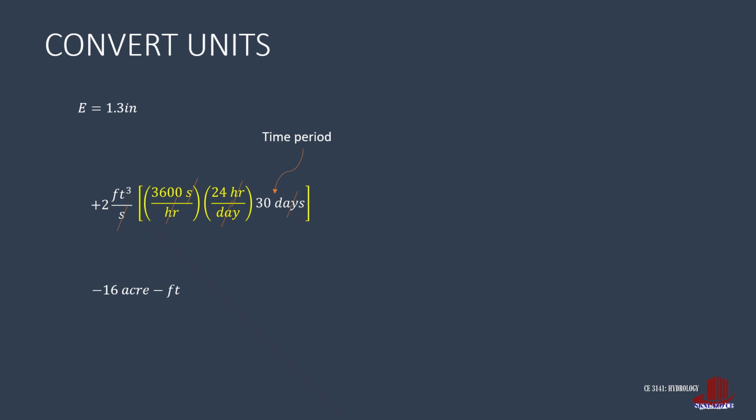Next is to deal with the cubic feet unit, and since the area is given in acres, we multiply the factor of 1 acre is to 43,560 square feet. Then divide the catchment area given in the problem, which is 300 acres. This will cancel some more units, leaving feet. So to be with the same units as the first term, we then multiply the conversion of 12 inches is to 1 foot. The second term then can be simplified as